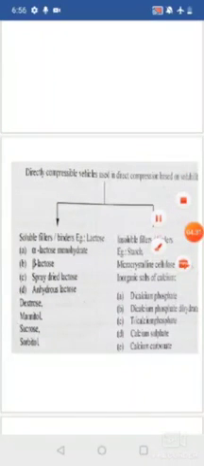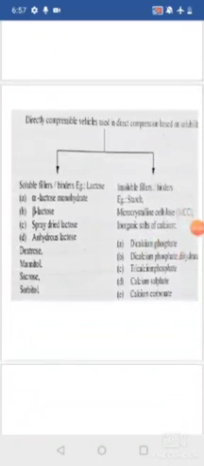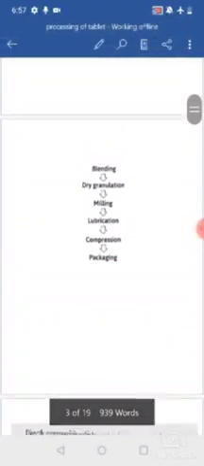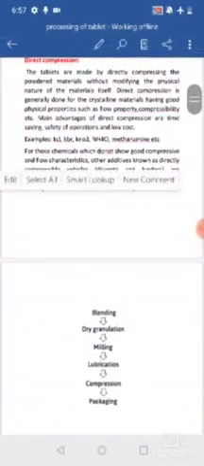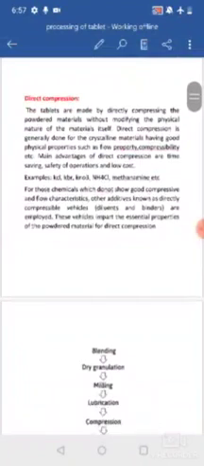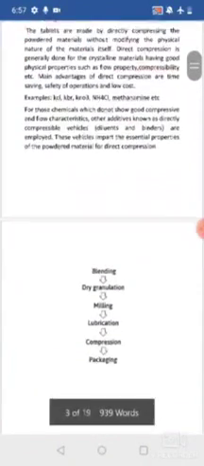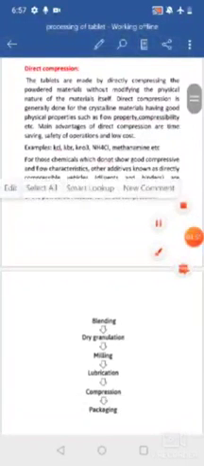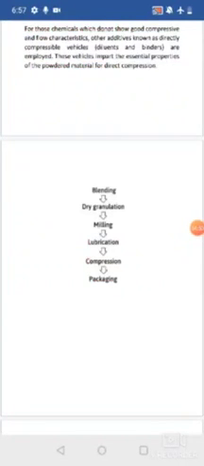For those drugs, you are going to go with the addition of additives or excipients. If it is not required, then you are going to directly compress the powder in the form of a tablet. Okay, so when coming to the preparation by using the direct compression method,